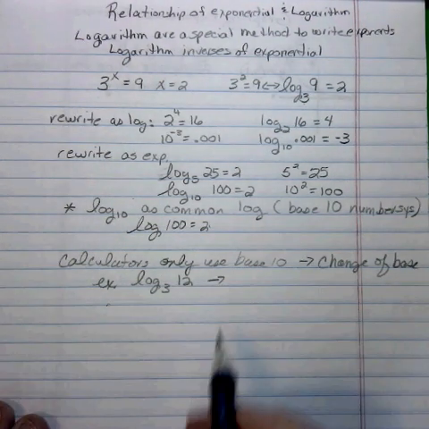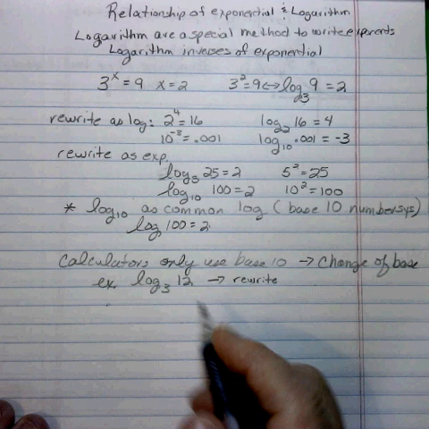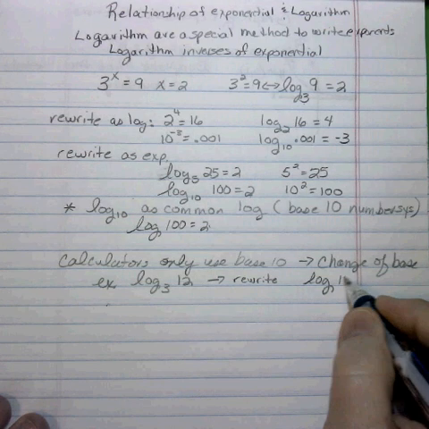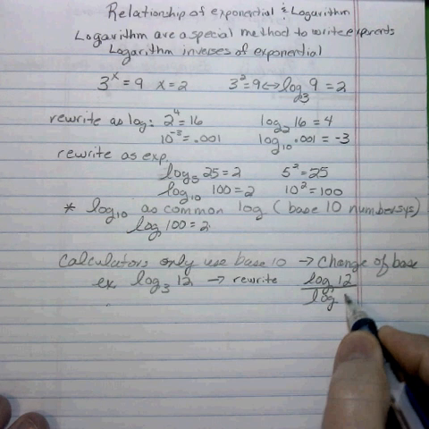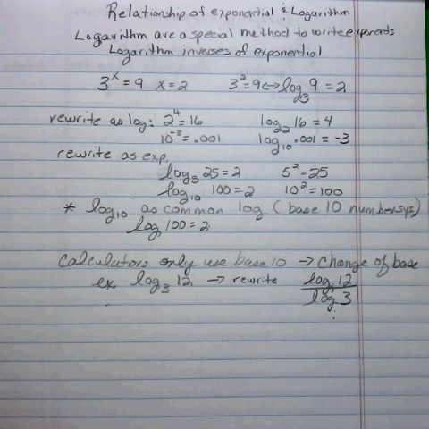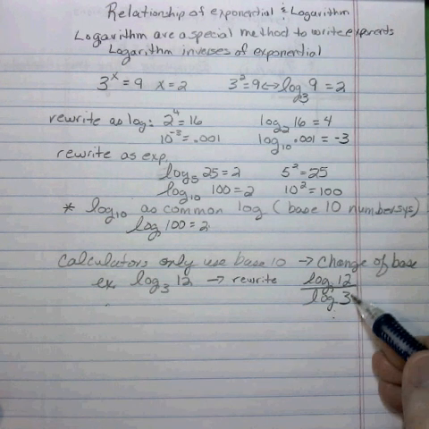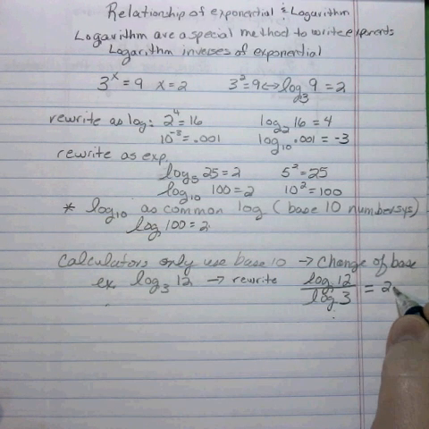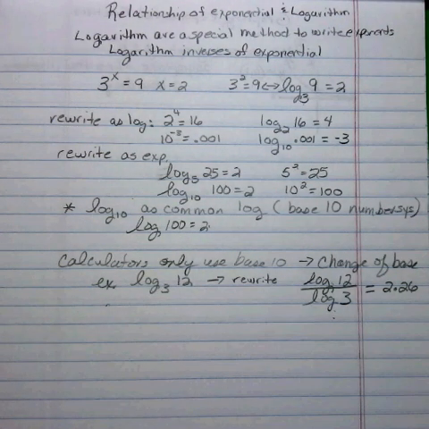And so first we would rewrite it using our base 10 log, and we'd use this value first, log of 12, and divide it by the subscript, log base 3. Now both of these are the common logs, and so we can use that in your calculator. So you would put log of 12 in your calculator, hit the divide key, log of 3 in your calculator, and you could evaluate that value to be 2.26